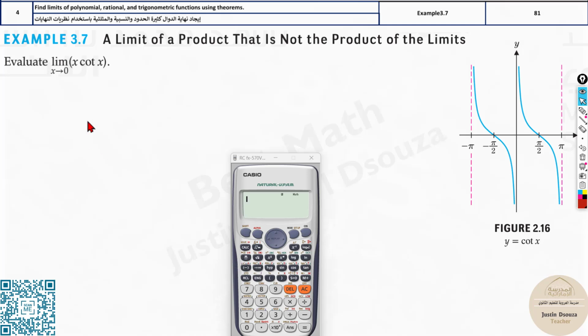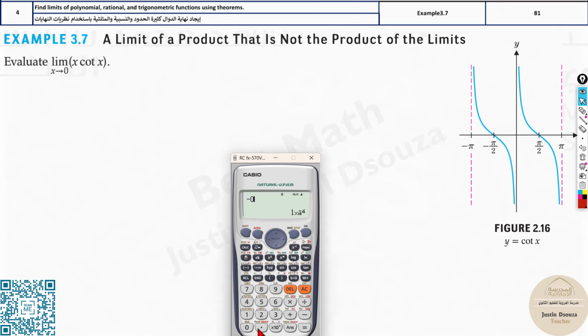All you need to know is how to type this cotangent. X is just alpha x. And what about this cotangent? Multiply it with 1 by tan. You know tangent, right? Tan theta. Sorry, it's not shift, just tan. Okay. 1 divided by tan will be cotangent. That's the reciprocal identity. And then over here, just calculate it at 0.001 and we get 0.999